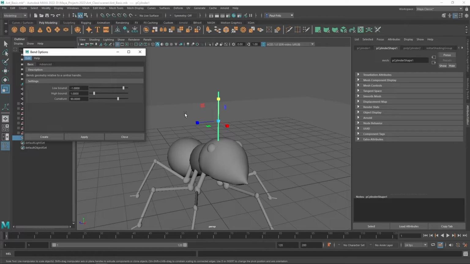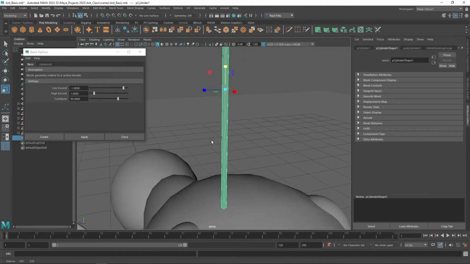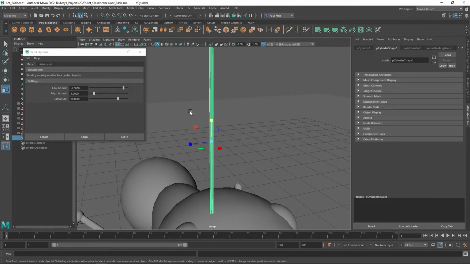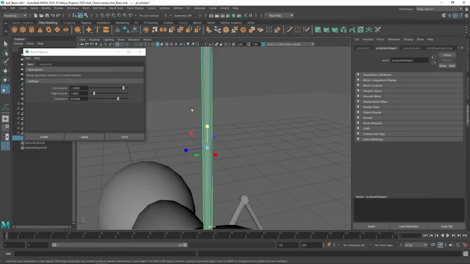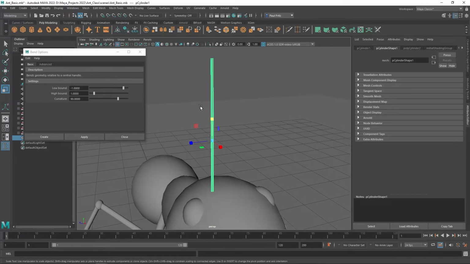There's one other thing we've got to do while I'm looking at this. As we take a look at our cylinder, another tool that we get to learn is that there are no segments in this cylinder. See, there are no horizontal lines, they're all vertical. So this is basically like a steel rod. No matter what I wanted to do, I won't be able to bend this. But we do want to bend it, so we need to give it some segments in order to be able to bend it properly. The way we're going to do that is with the cylinder selected,